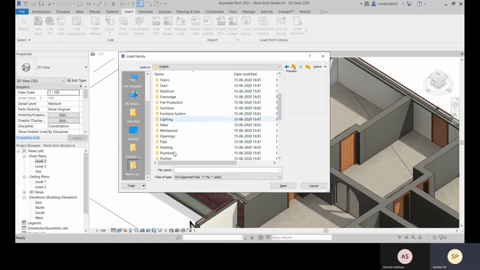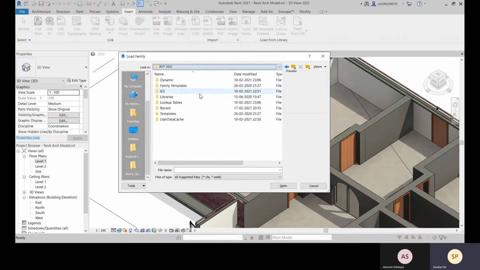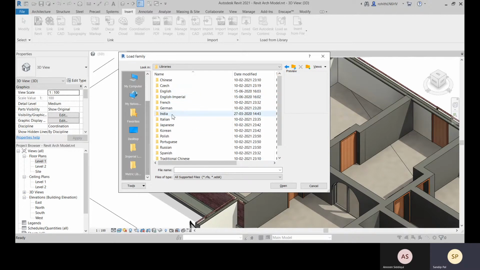I think I'm missing some files. Libraries, English. There will be one wall folder, wall name folder will be there.